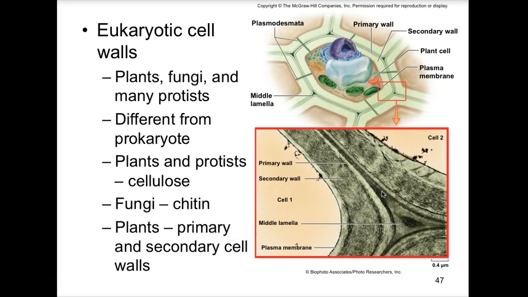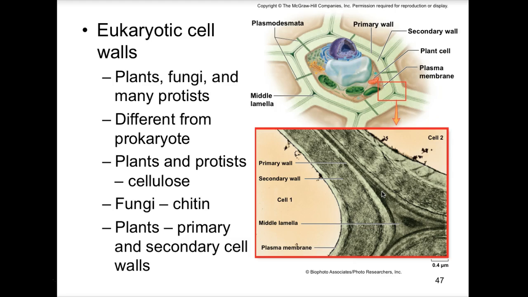So in plant cells, the primary walls are going to be laid down when the cell is still growing, and then between the walls of those adjacent plant cells is that sticky substance called the middle lamella, and that's going to glue two cells together in a plant cell. So it goes primary cell wall, middle lamella, primary cell wall of another plant cell, and then you could have a secondary cell wall, and the secondary cell wall is going to be deposited inside that primary cell wall as it is